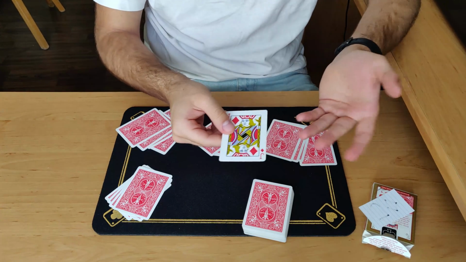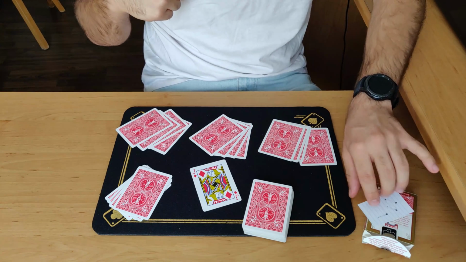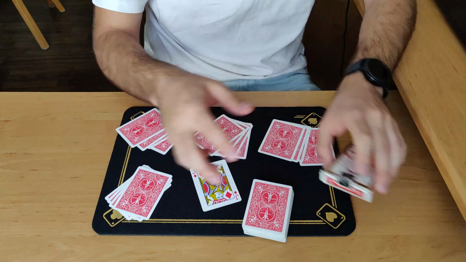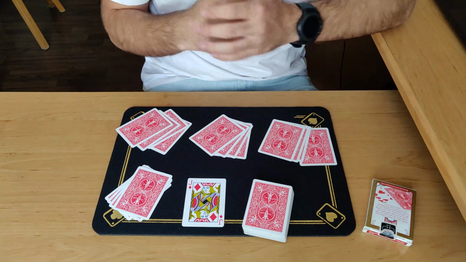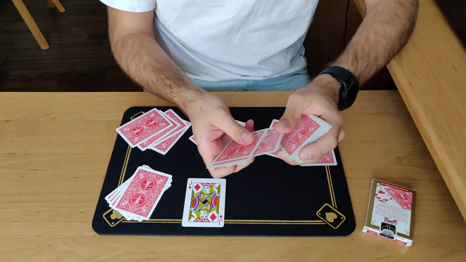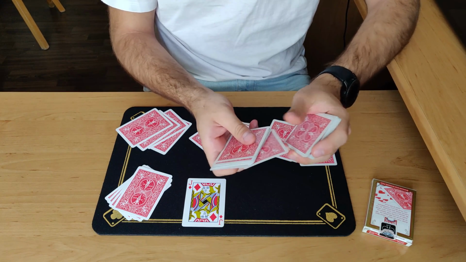You will take any force card. In this case, I use the Jack of Diamonds. You will have a prediction prepared inside the card case, and the Jack of Diamonds is going to be the 18th card from the top. So let's do that. 1, 2, 3, 4, 5, 6, 7, 8, 9, 10, 11, 12, 13, 14, 15, 16,